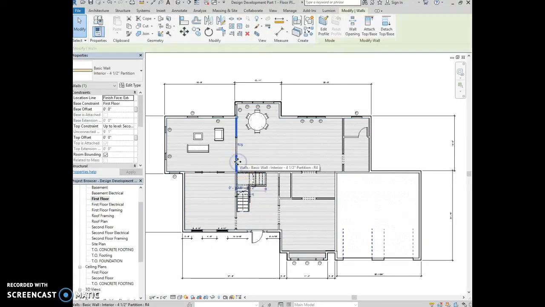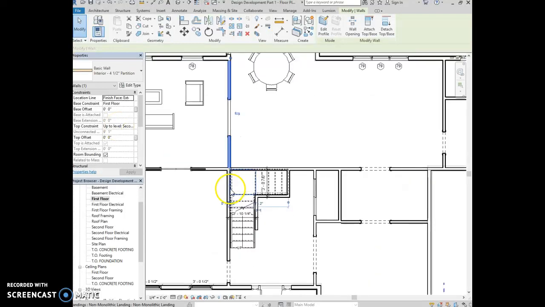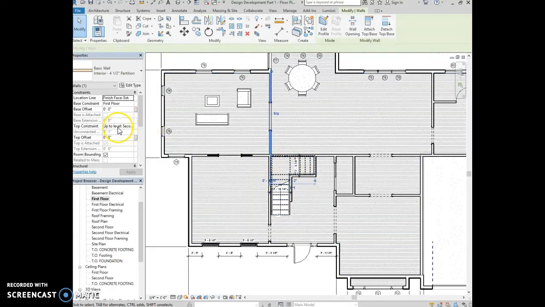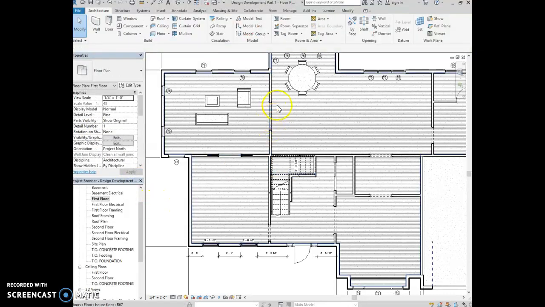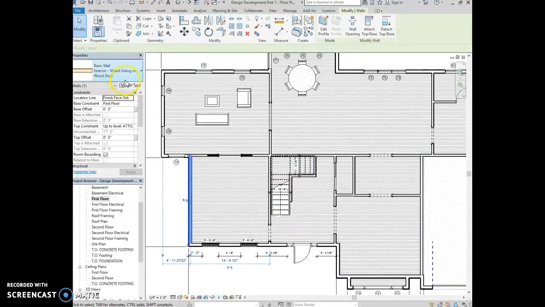So it looks like you have some of the walls set up, the interior partition walls. Now this one, remember, doesn't go up to the second floor. It's a half-height partition wall. So you probably want it to be unconstrained, and then you want to type in the height. So I believe this wall is probably only about 4 feet. It's only a half-height wall. These exterior walls, just make sure that you